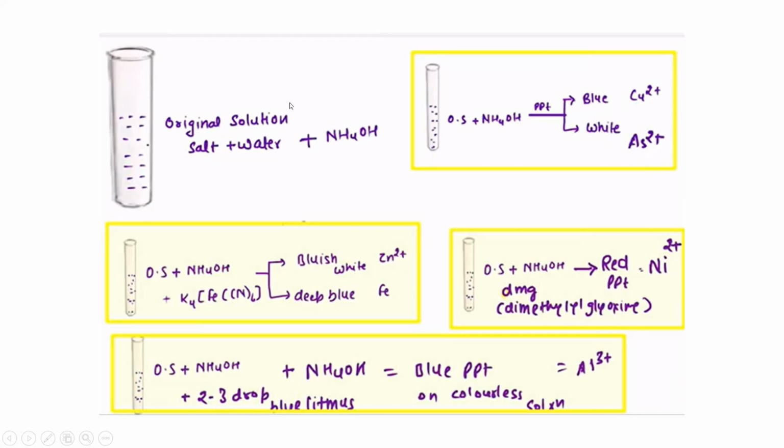Before that, salt original solution plus dilute HCl. If you got the white precipitate, it shows the presence of lead. That is the first group. And here this is the second group, right? And next,